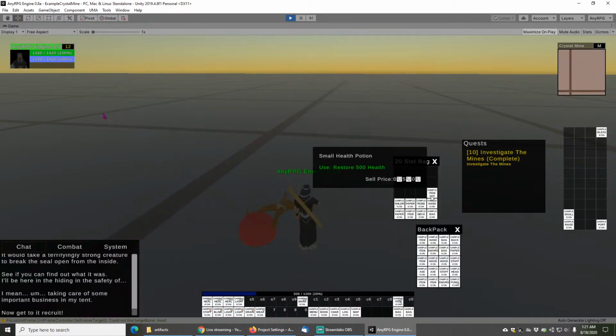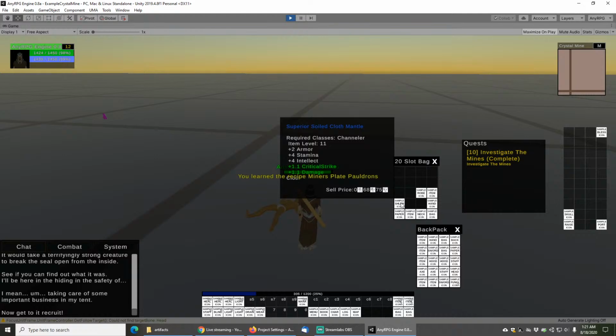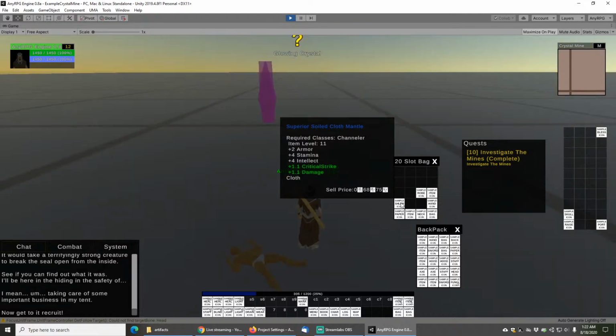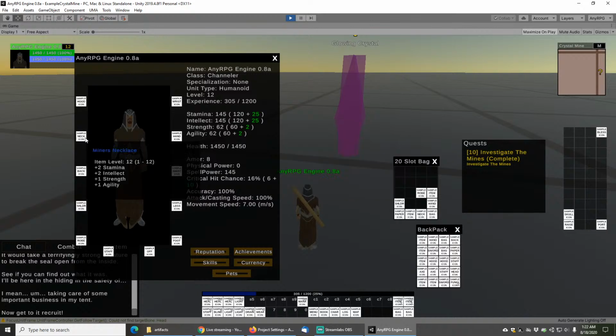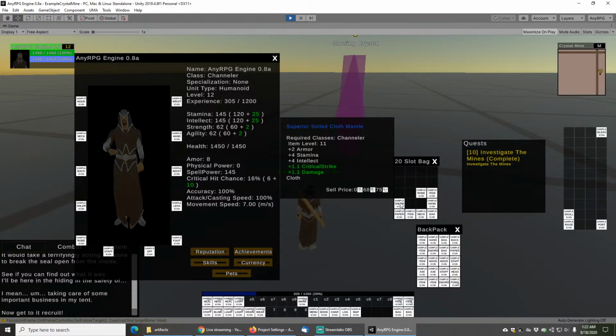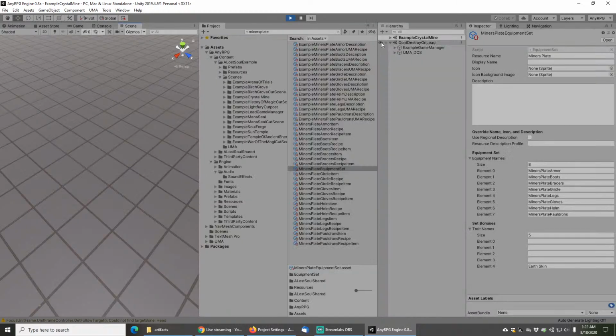And he dropped a nice 20 slot bag for us and a health potion, which will actually come in handy potentially in another fight later on. You can see this is another one of these random items here, and it's actually not bad. If I look at my shoulders, they're empty, so I'm going to equip this because this one gives random stats here. So if we look at the soiled cloth mantle in the